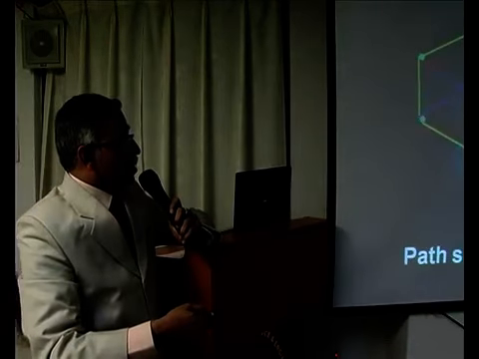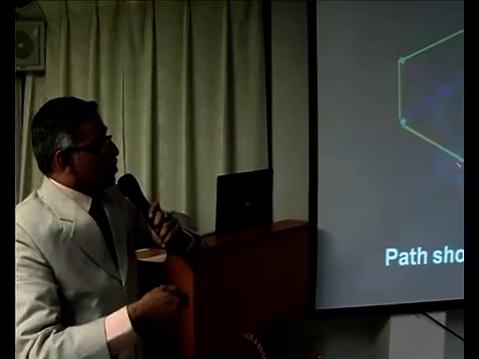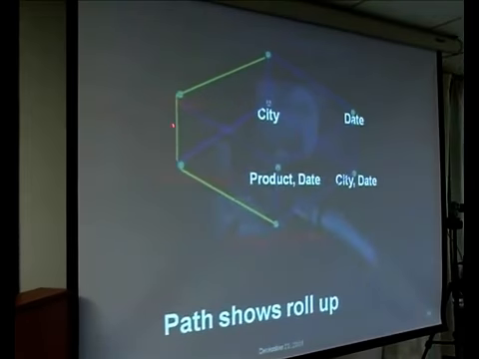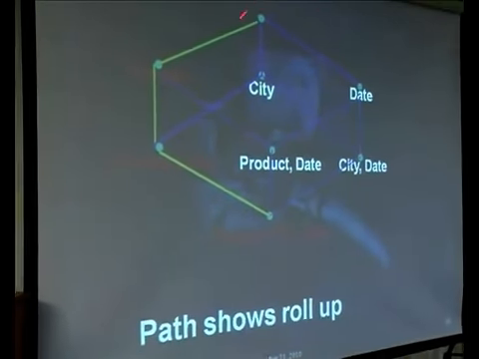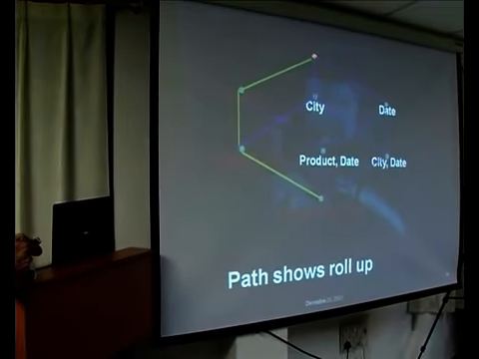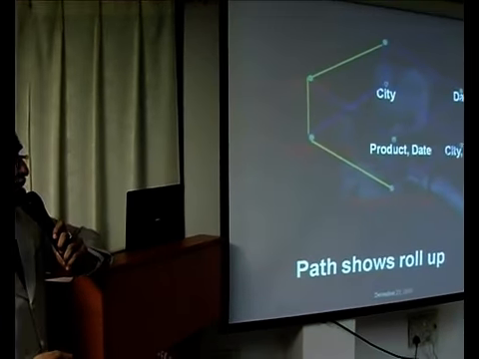You are moving from, a path shows roll up. You are moving from low level concept to highest level concept. Highest level concept is grand sales or total average. That is the highest combination. In a similar way,